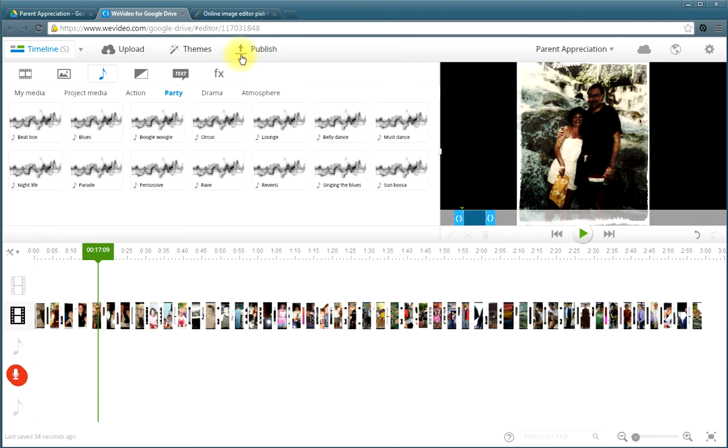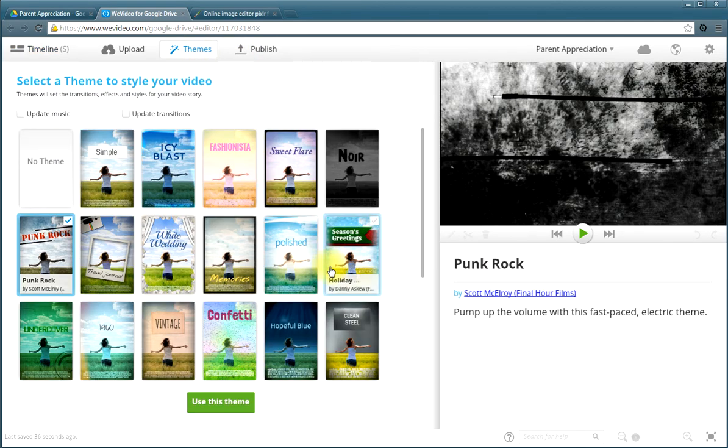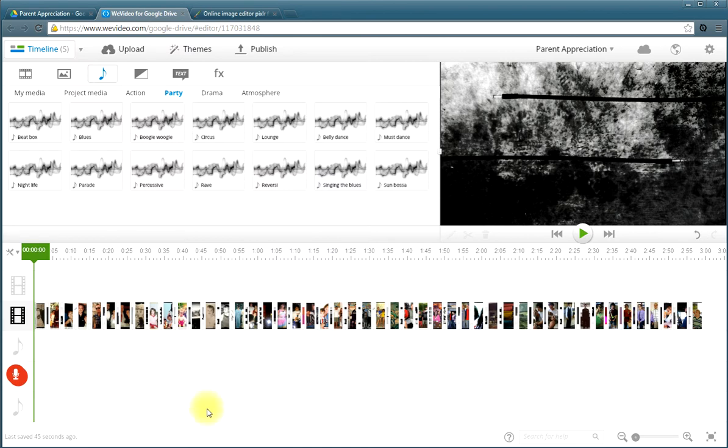So there's a lot of different stuff you can do. Usually with the themes, I thought it would. Oh, there it is, update music. I didn't have update music. So now I hit update music and I do use this theme. First I need to,